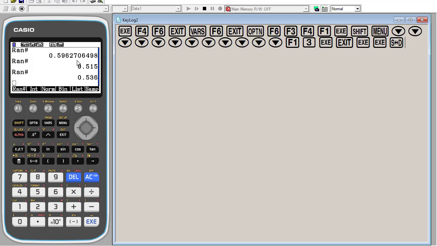If I want a random integer value, I'm going to hit F2. So F2, notice now I have something different. It says random integer, and it has a parentheses. So basically it's asking for a range. So let's say I have a class of 30 and I'm looking for random numbers. So I'm going to put in my range from 1, and then I'm going to use the comma up here to separate them, and my n value. And now when I hit execute, it's going to give me a random integer between 1 and 30. And so there's 5.